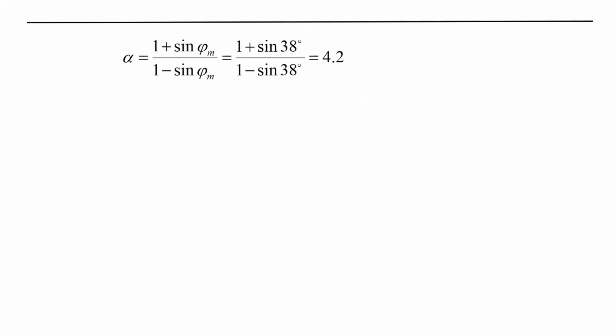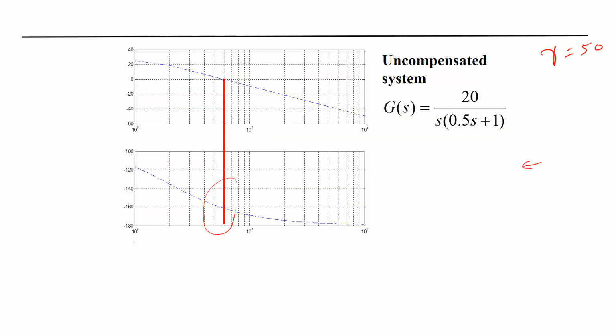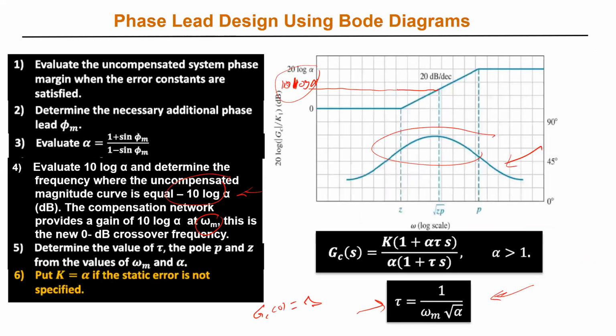Yes, alpha is 1 plus sine phase M over 1 minus sine phase M. So this is alpha. I will determine alpha. Now, as I said, if you go back to the compensator, the shape of the compensator, I'm adding